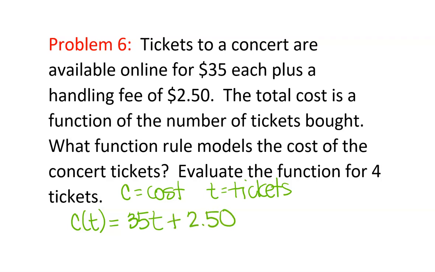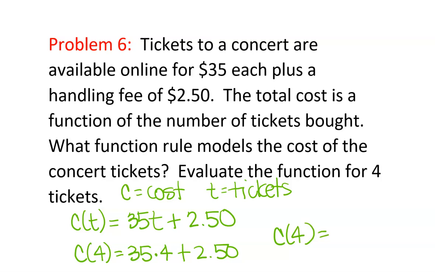So there's my function. They want us to evaluate this at 4, so we plug a 4 into the T. The cost of 4 tickets would be 35 times 4 plus $2.50,